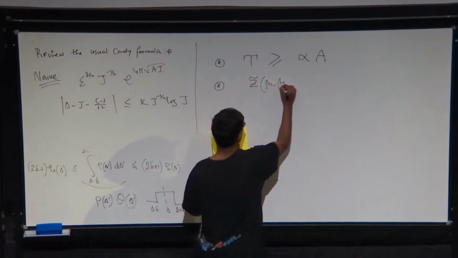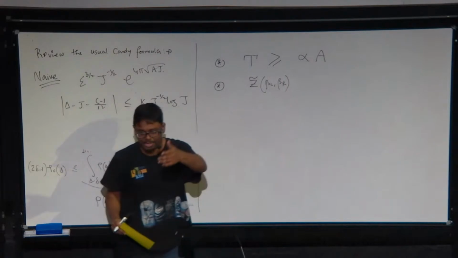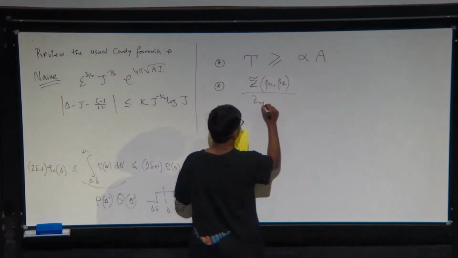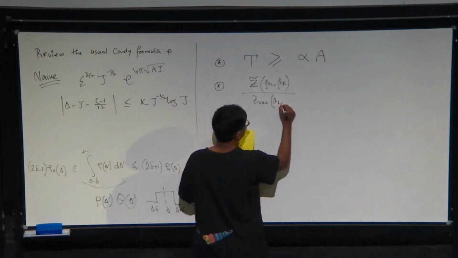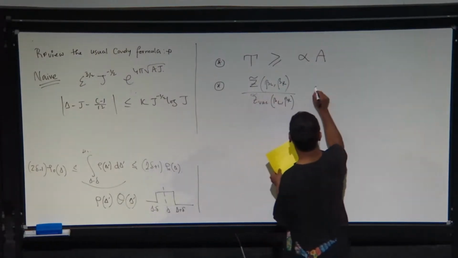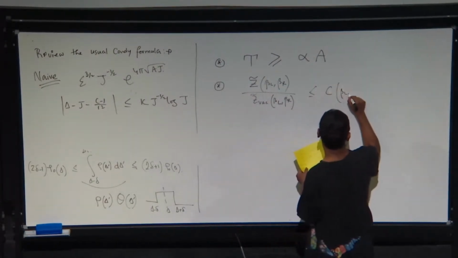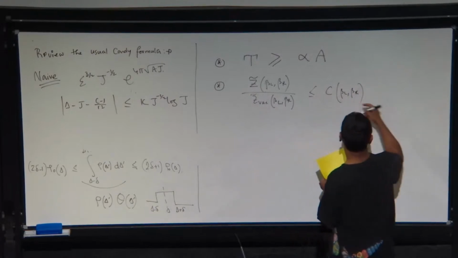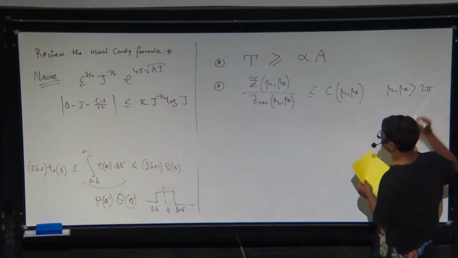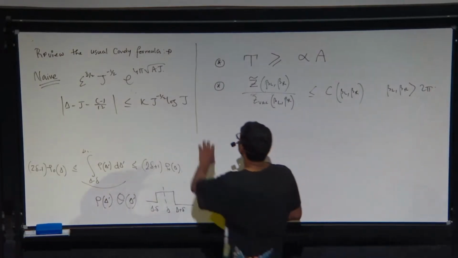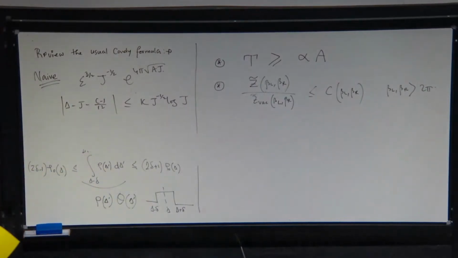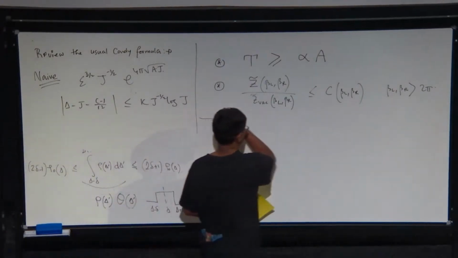the partition function, in particular the partition function for the Virasoro primaries, not the full partition function. If we just consider the vacuum contribution, then this ratio is bounded by some number which only depends on beta L and beta R if beta L and beta R both are greater than 2 pi. So if you assume these two conditions, you can think of them as a proxy for the sparseness condition. Then we can derive some result